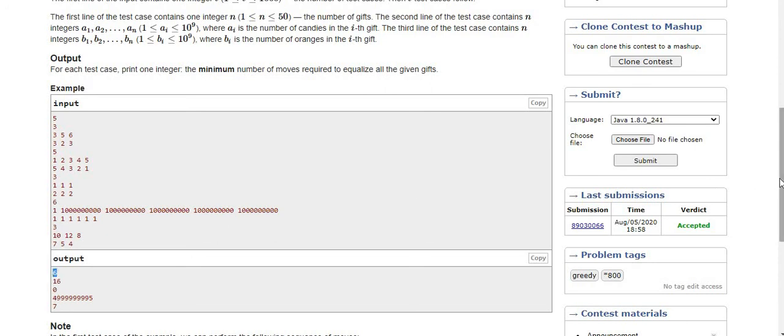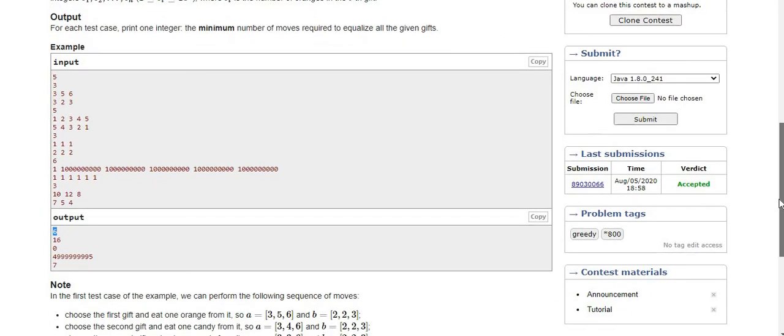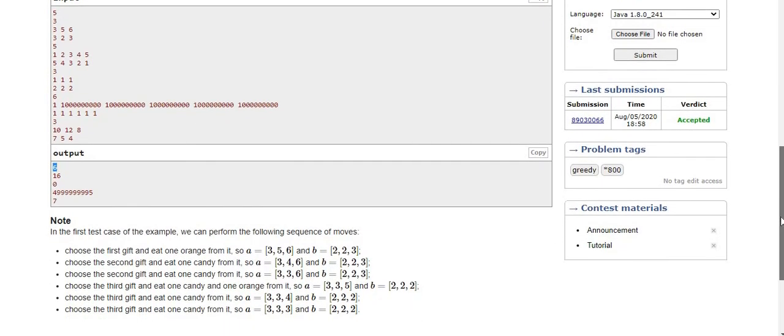Let's take it in the simplest way. If we closely look at the input set, the minimum value from array 1, the candies, is 3.